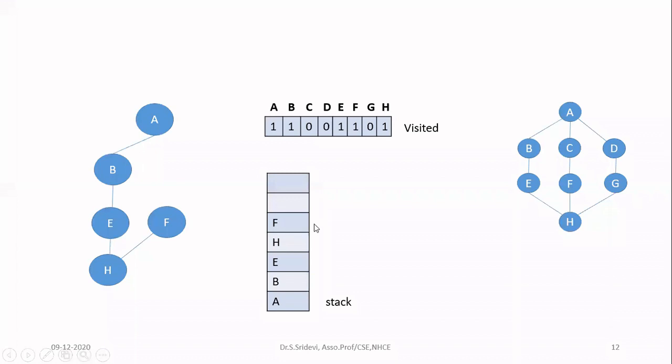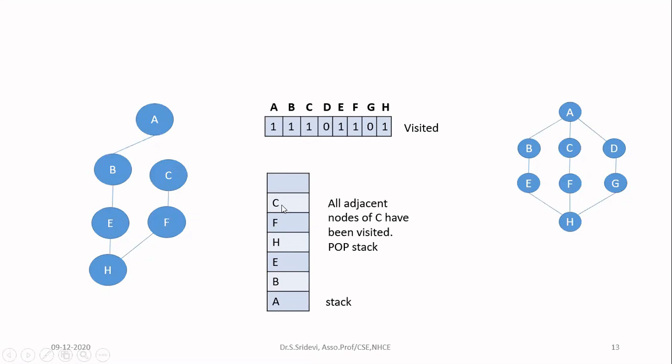So now I have to start with the top of the stack. On the top of the stack, I have F. So you check the neighbors of F. To F, I have two neighbors. One is C, another is H. Let me start in the alphabetical order. First, I'm coming to C. I'm checking whether C is visited. It is not visited. So what I can do, I can push C onto the stack. So I am pushing C on the stack. Then I am marking C as visited. Then I am adding C on the output. So now I have done with C.